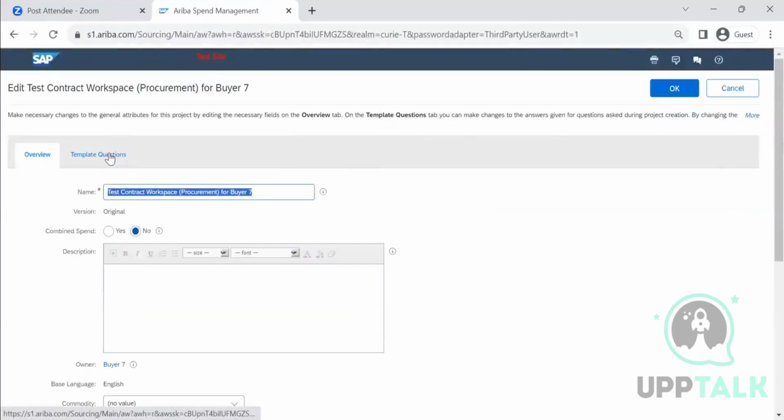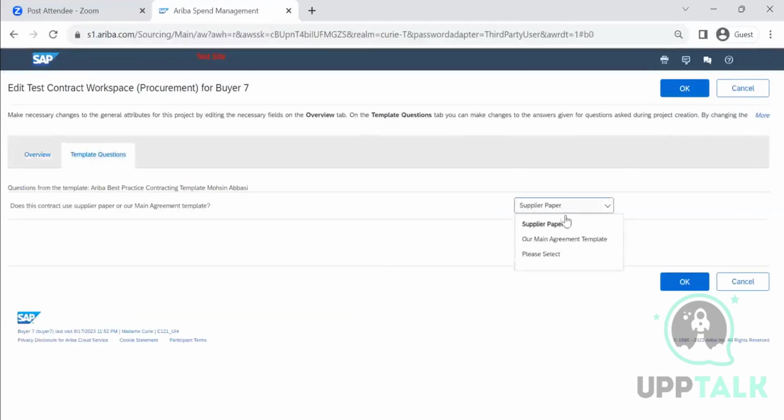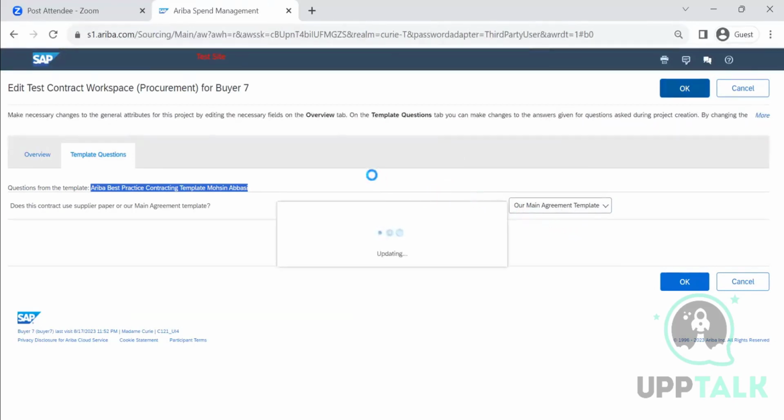I'll go to template questions. At the time of creation I selected supplier paper, but later I want to change it to main agreement because I don't have a supplier paper. You can also see where this contract is coming from. This is coming from the template. This is the answer I'm changing. Clicking on OK. Once I select main agreement, automatically in the document,